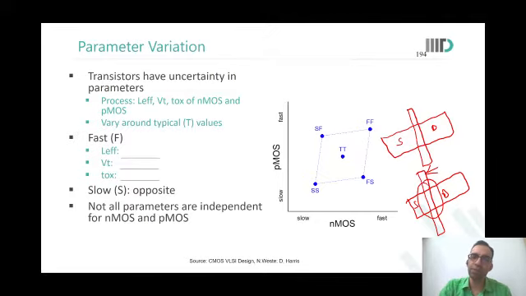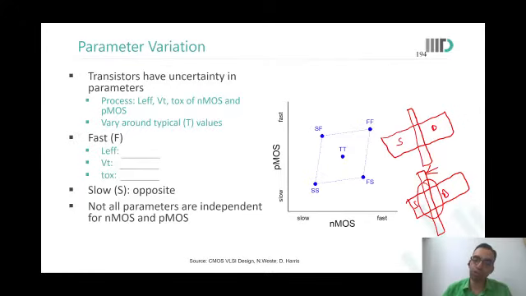Now tell me one thing. If L effective is reduced, that is, poly is etched a little more, what happens? Will I get a fast device or a slow device? It will be a fast device. Why? Because we know that the model is K W by L into (VGS minus VT) the whole square. So L comes in the denominator. If the length is lesser, if etching has happened a little more, then the current will be more. So I get a fast device.